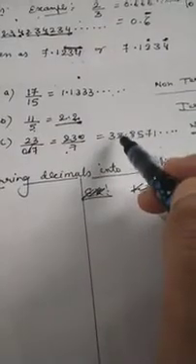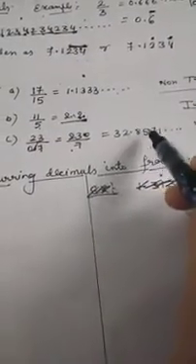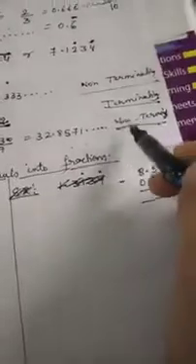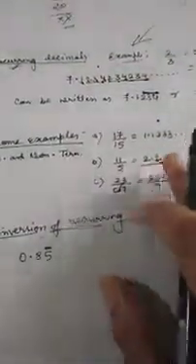So this is called terminating. And 23 by 0.7, if you remove this decimal, we'll get here 230 by 7, we'll get its answer 32.8571 and dot dot dot. This shows that this division continues to go on. There is no end of this. So this is called a non-terminating decimal. Clear what is terminating and what is non-terminating decimal?